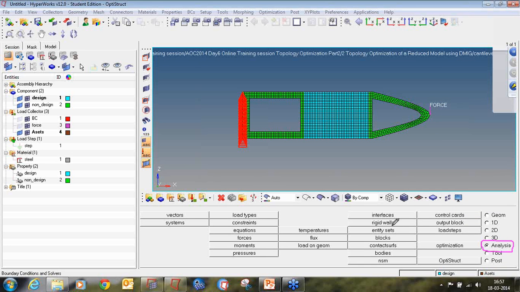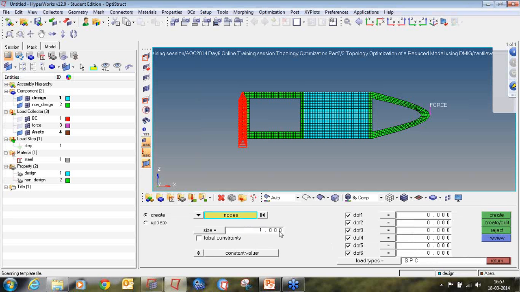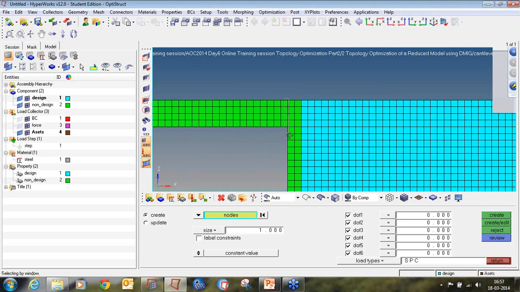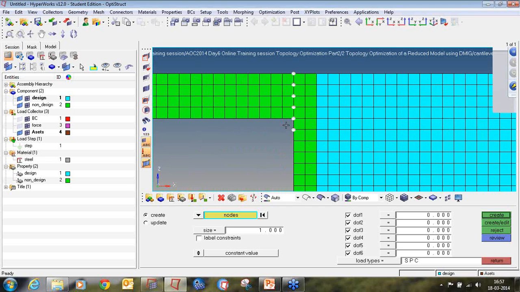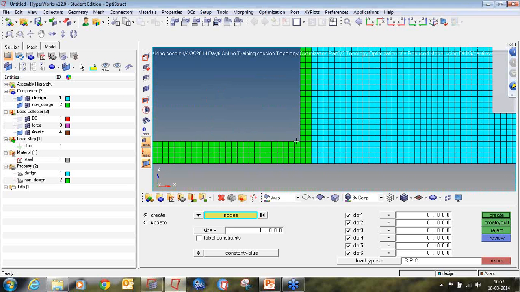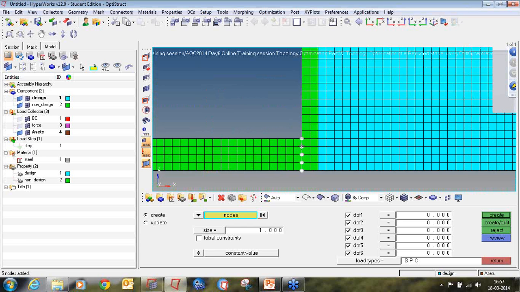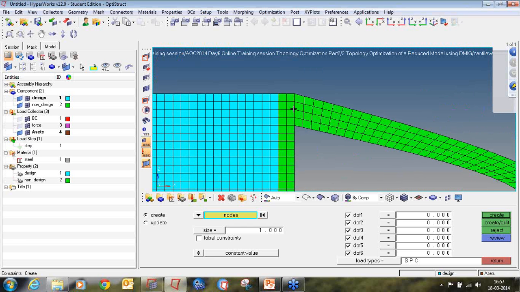Click on analysis page and select constraints. Make sure the create radio button is selected and select these nodes, where we will define the ASET entities.